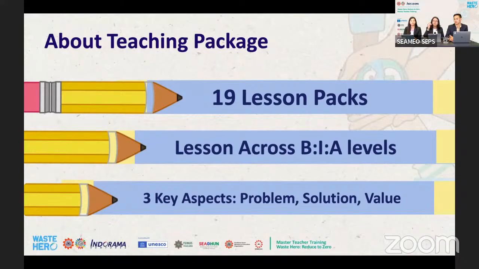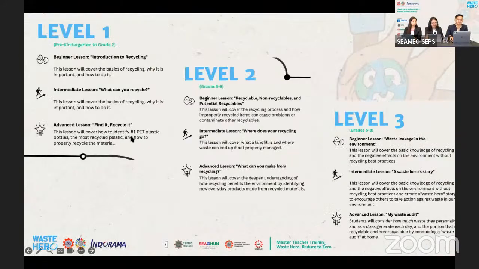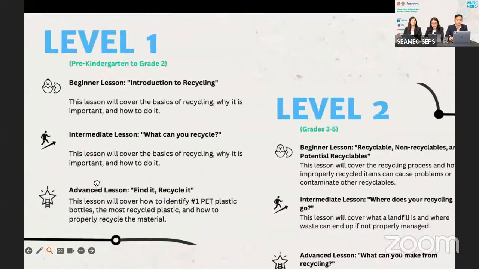And if some of you would like to know what the objectives of each level are about, we do have the overview handout that will show the main objective of each lesson in 6 levels. The 6 levels start from kindergarten until grade 12. For example, would you like to zoom in? Okay, we're going to see level 1, kindergarten to grade 2. In this beginning lesson, it's about